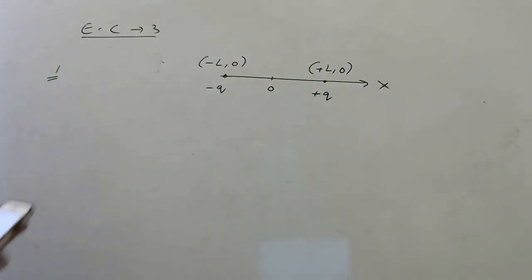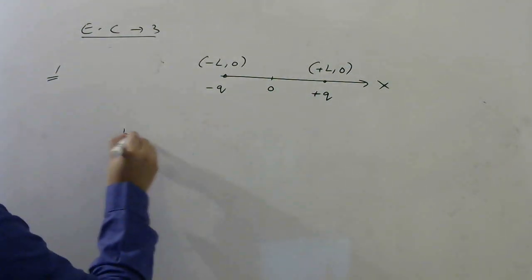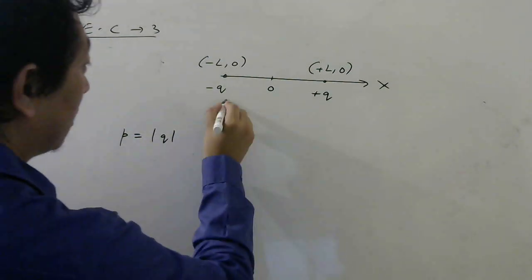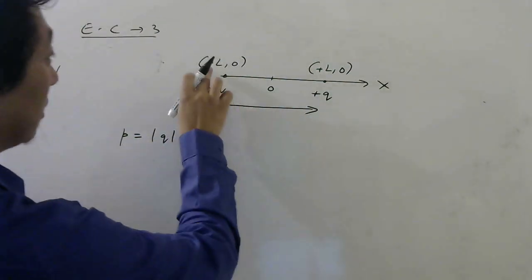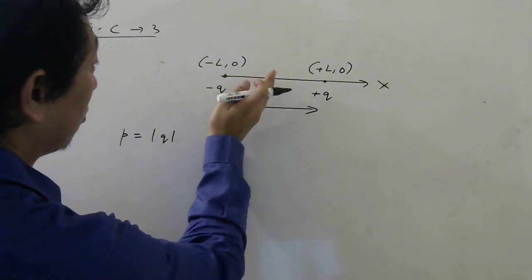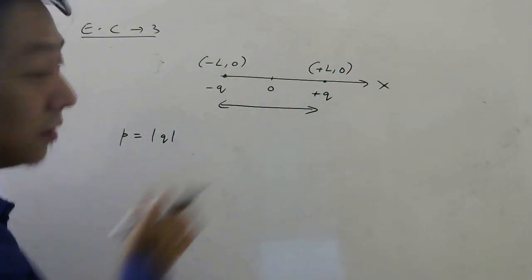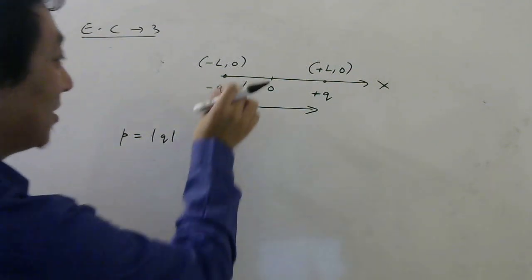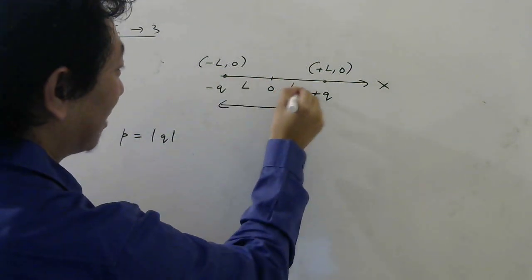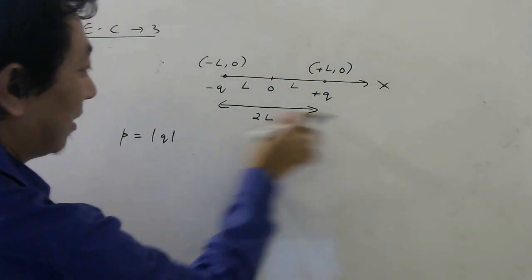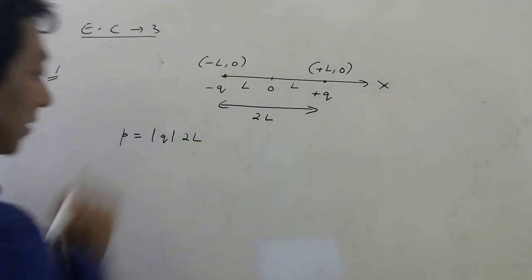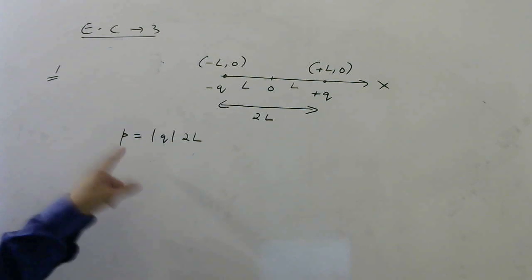They want you to write the electric dipole moment. So it is very simple. Magnitude is what? Charge into distance between them. Now look carefully at the distance. This is minus L, meaning it is on the left side of the origin, but distance has to be L only. So this is L, that is also L. So total distance will be 2L. So here I should write, instead of 2A, 2L. That is the magnitude of dipole moment.